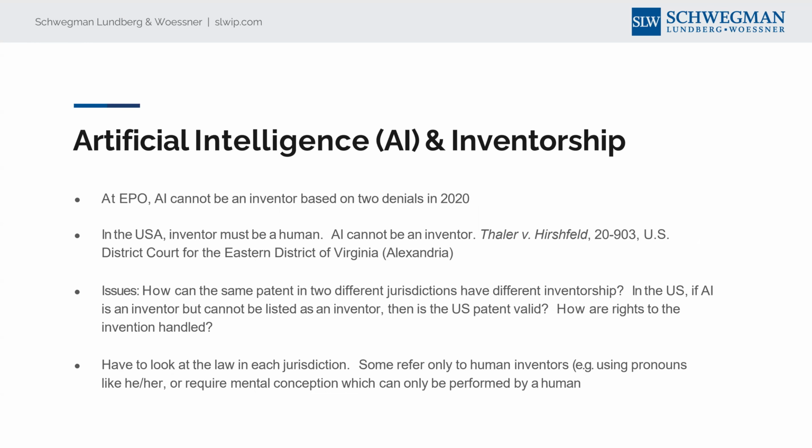At least in the EP, the European Patent Office, it's not allowed. The US has made clear that it's got to be human. With this mixed bag, you just have to be careful out there, because you can imagine a situation where some countries might have an AI inventor, some not. What does that mean? Can you challenge across the globe for different inventors? How can there be different? It's all very tricky out there. We'll see how this shakes out over the next couple of years.